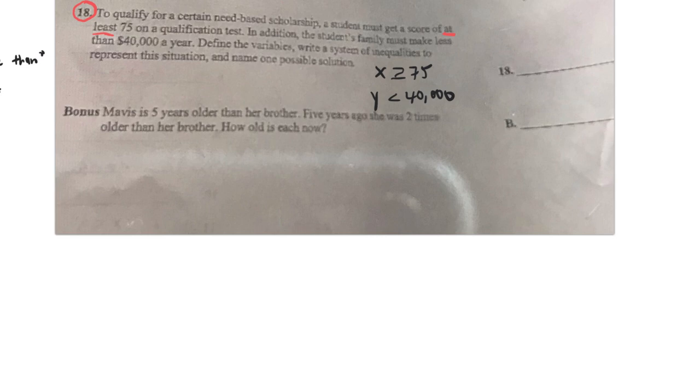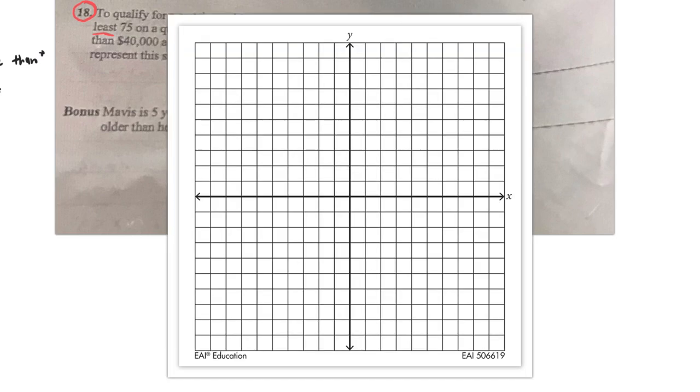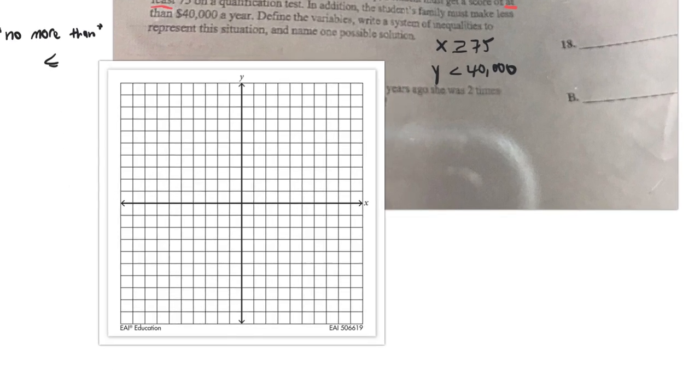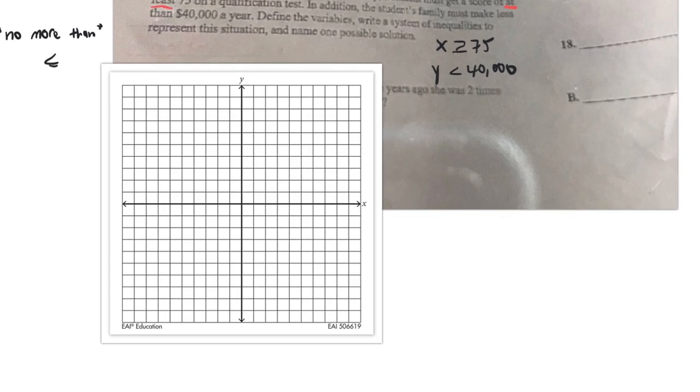Okay. Now, these are lines, actually, that we could graph, believe it or not. We could graph these lines. They happen to be special lines in that they are vertical and horizontal lines. So, for example, X is greater than or equal to 75. That's a vertical line, okay? And Y is less than 40,000. Then